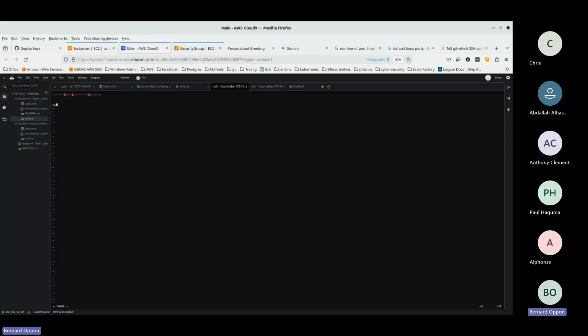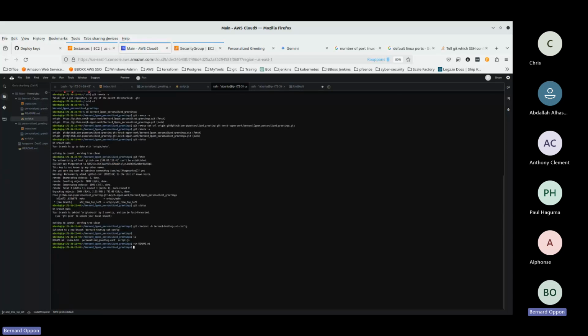I'll just say, hey, I'll quit and save. I'm doing all of this not from Cloud9 now, I'm doing it from the EC2. In Cloud9, we can do the same configuration so that Cloud9 will not ask you for the username and password either. Then I'll say git add whatever I've changed, git push origin, and I'm going to push this